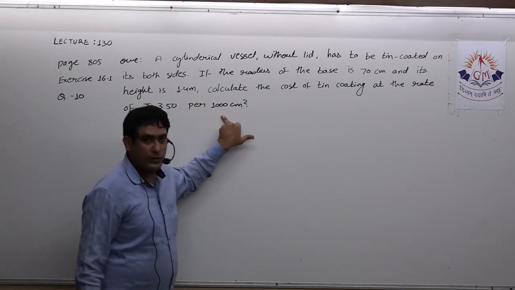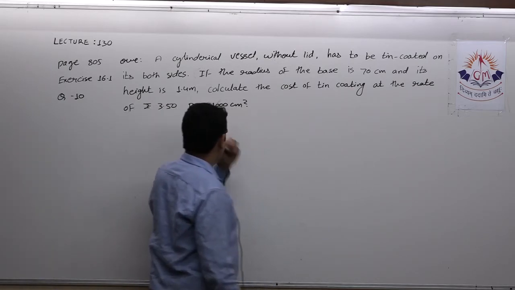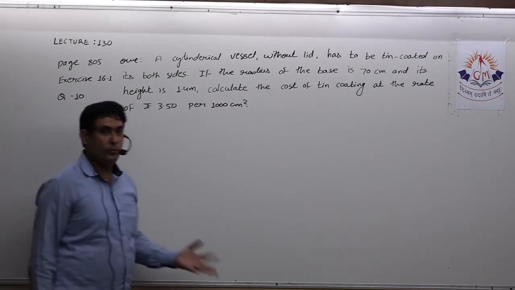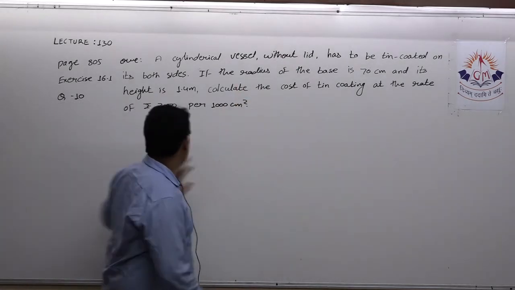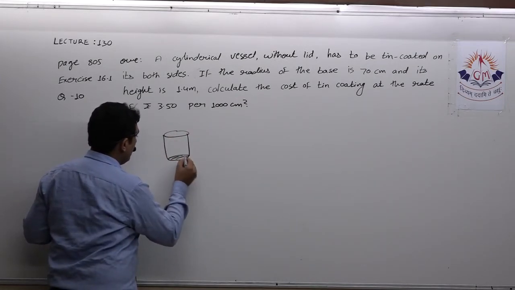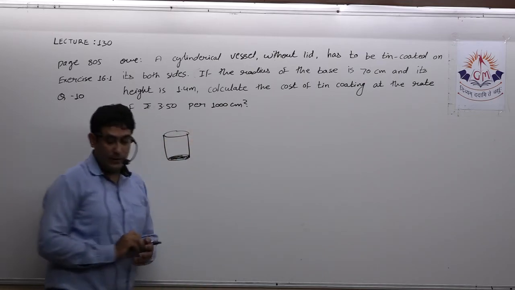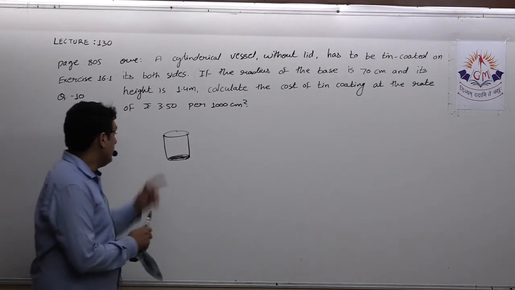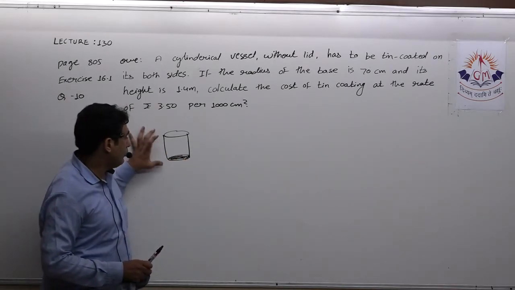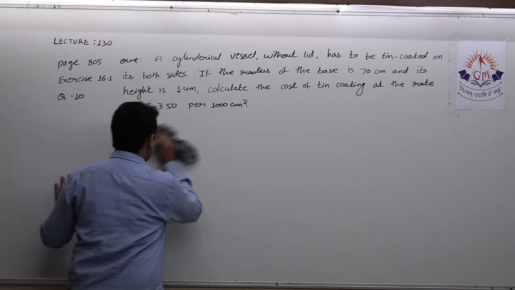Why? Because the cost is again given in terms of per 1000 centimeter square. Now what do we have to find? Cover surface area, total surface area, volume, what? See, the lid is not there, so the tin is open. That means we can say it is covered from here because it's a vessel, so that must be the base. But the lid is not there, so here we have to calculate curved surface area plus area of base, or if I say total surface area, then minus area of top, that we have to calculate.